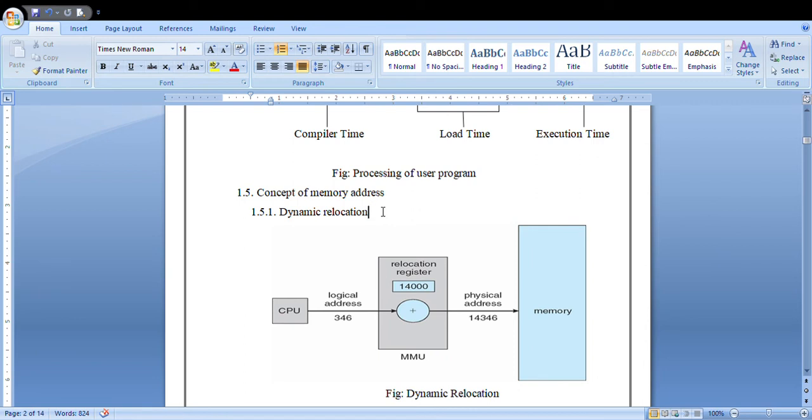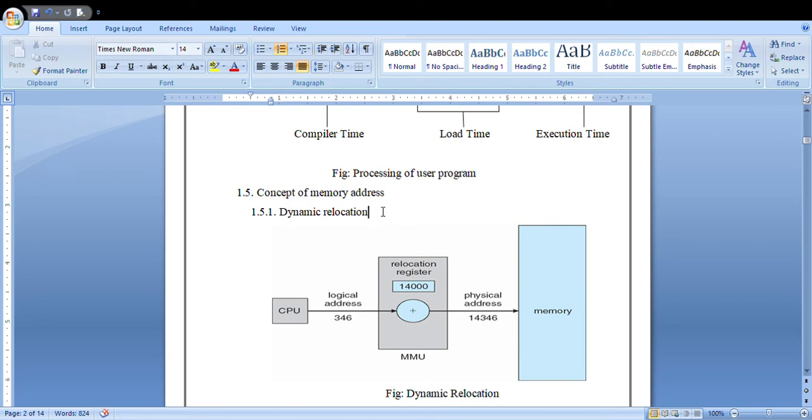The rest of the instructions will be stored in a consecutive manner. If it is relocated to 4000, the next instruction should be loaded at 4004. In such a way, the operating system will relocate the complete source program. That is the basic definition and working procedure of relocation.